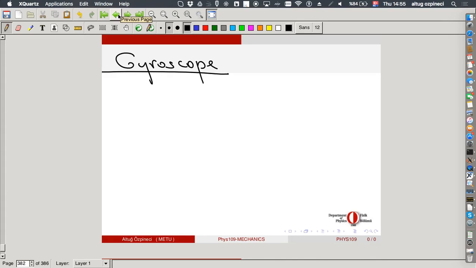Okay, so let's start the gyroscope problem. This example you had already seen several times. If you take some object with a large moment of inertia, it doesn't have to be a disk, but the crucial thing is that its moment of inertia should be large. The easiest thing to do is to have a ring, because the mass is far away from the center, so that the moment of inertia will be large. Now if you give it an initial angular momentum,